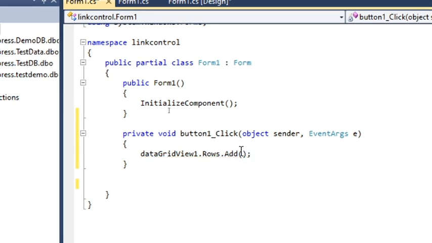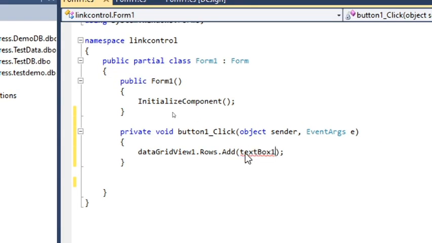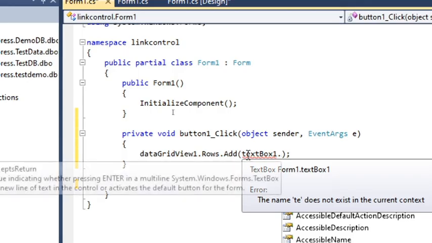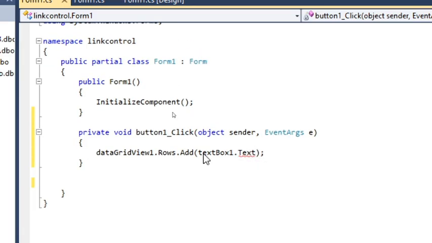Therein we have to insert the values given in the text boxes. The values given in the text boxes must get copied into the data grid view. So what we have to do is enter the text box name given in the property and the text which we enter in the box.